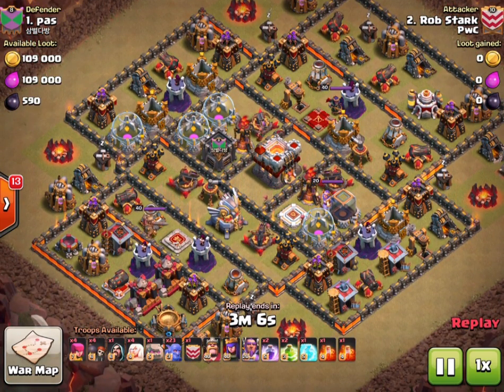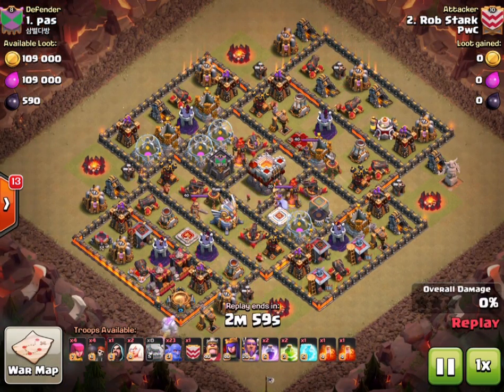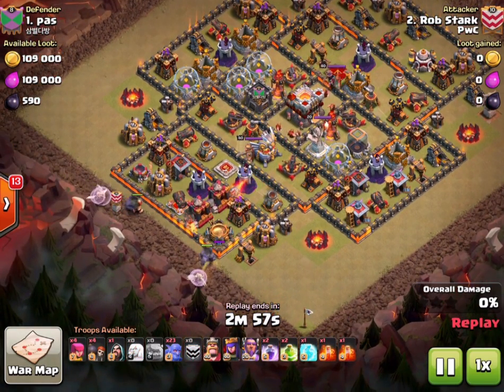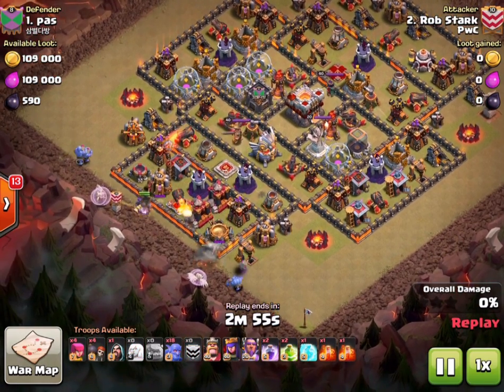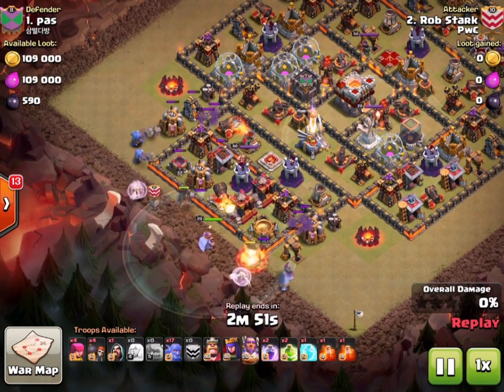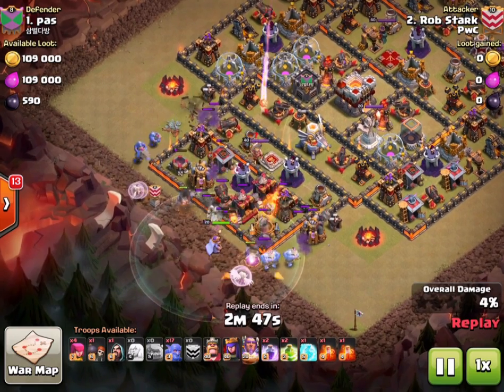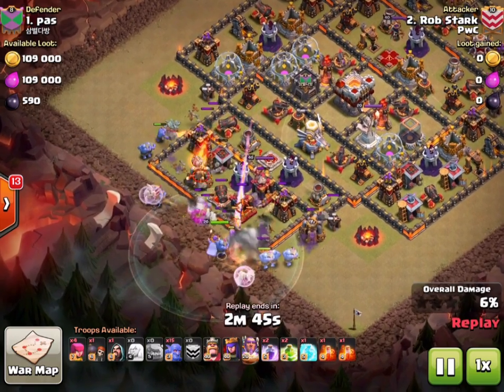Is it too powerful? I think it is, but I think base design might change to sort of anti-bowlify them at Town Hall 11. I don't know, it's a bit too early to tell. Similar style attack from Rob here. I'm using those golem healers and then bowlers to create that funnel, and then once that's done, he should